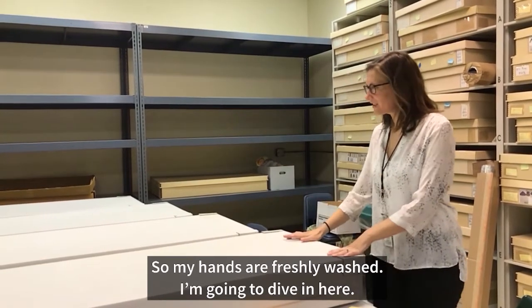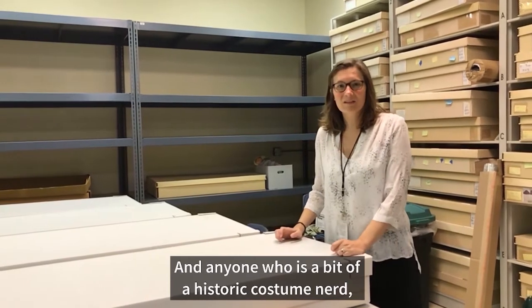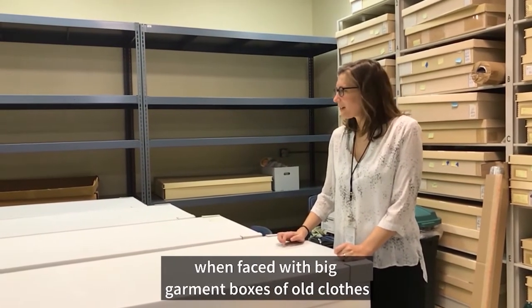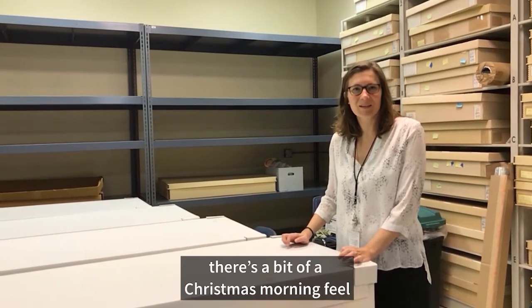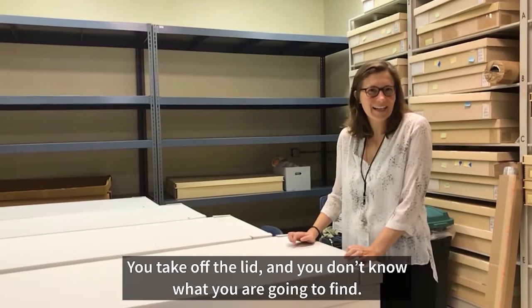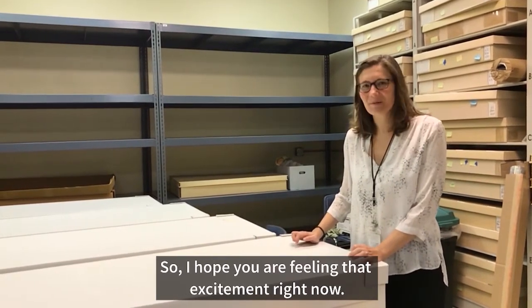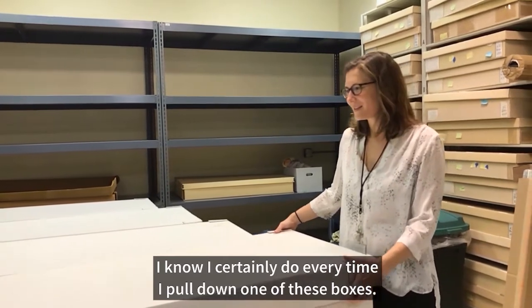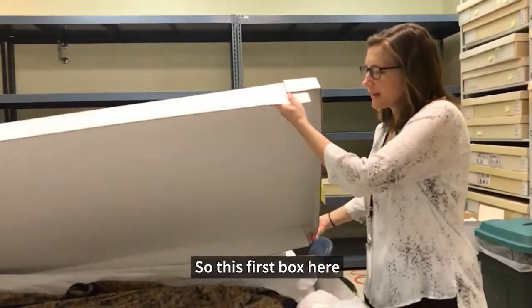I'm gonna dive in here, and anyone who's a little bit of a historic costume nerd, when faced with big garment boxes of old clothes, there's a little bit of a Christmas morning feel. You take off the lid and you don't know what you're gonna find. So I hope you're feeling that excitement right now. I know I certainly do every time I pull down one of these boxes. So this first box here